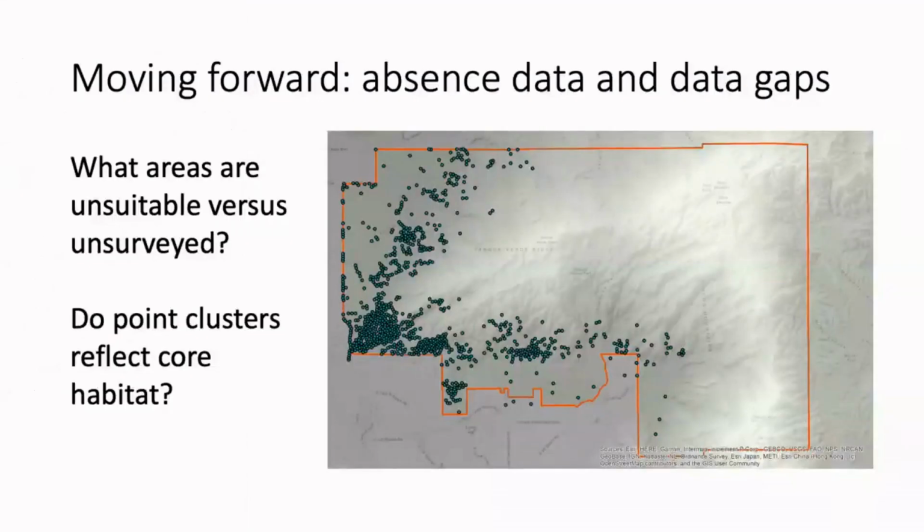We can make these models even better with more information on where people are searching for plants. We're good at capturing where we find species, but not as good at recording where we don't find them. When you look at maps of data you have collected, does it seem to reflect what you know about the species, where a species is already present or abundant, or does it reflect the satellite populations that we may be